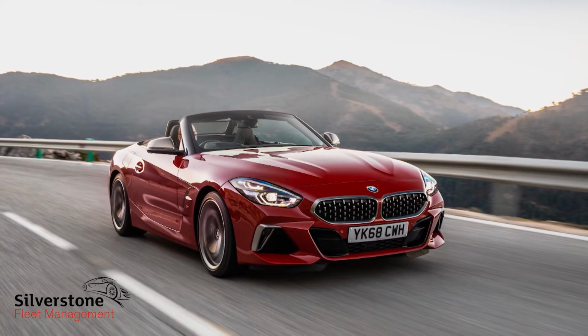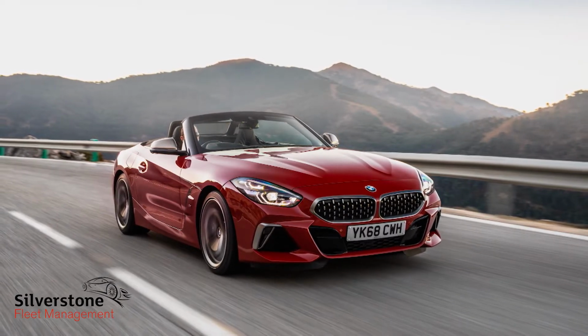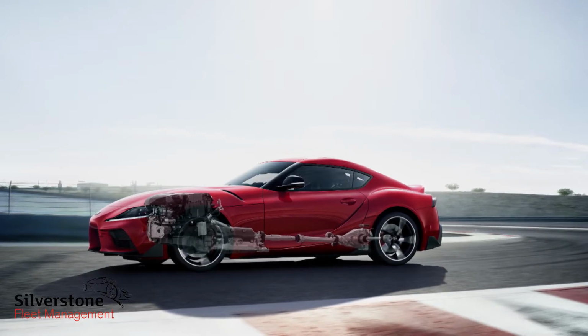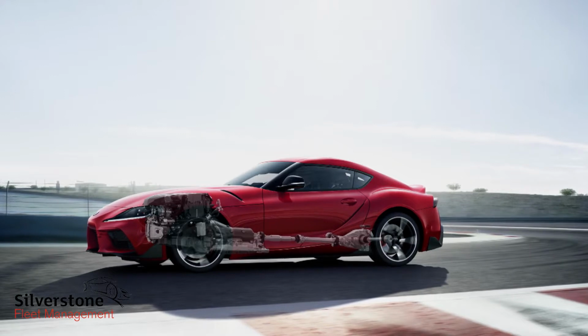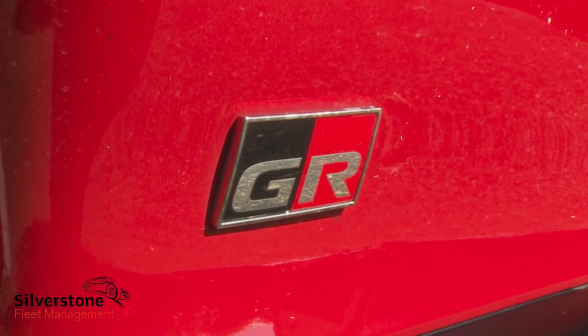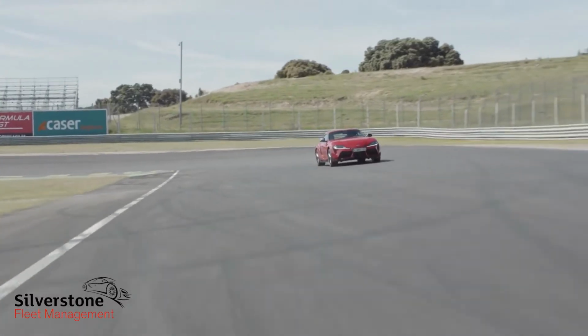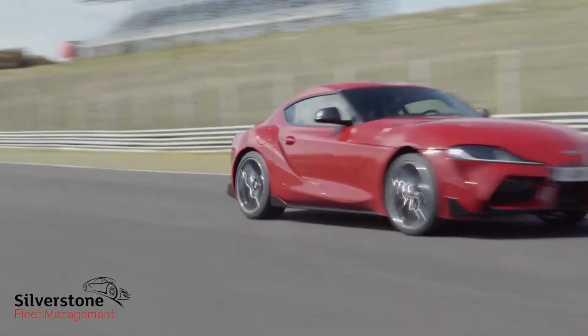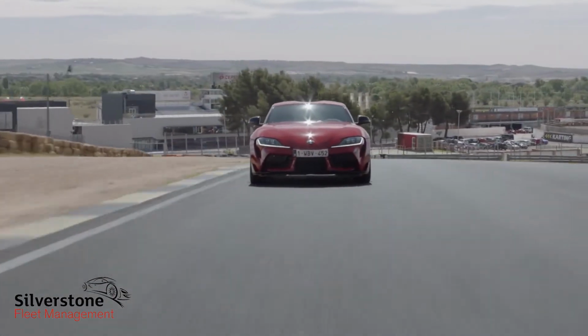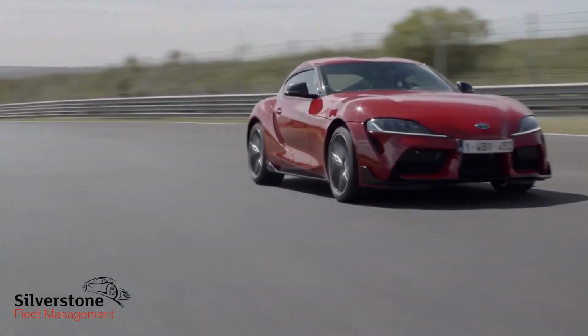cousin. GR Supra chief engineer Tetsuya Tada hasn't got much time for any of that, pointing out that all the dynamic elements that really matter, namely the settings used here for suspension, steering and the electronically controlled differential, are all his brand's own, courtesy of an intensive tuning program from Gazoo Racing, the Toyota competition division given the task of developing this model. If you're going to compare the Supra to another car, he says, compare it to a Porsche